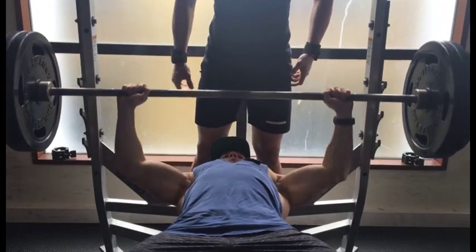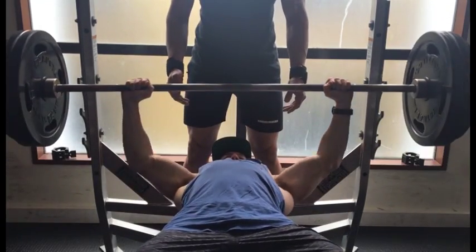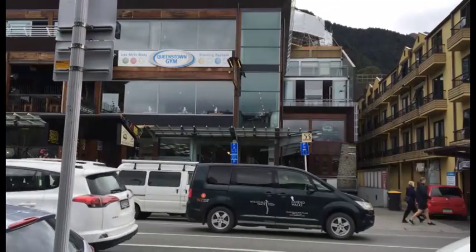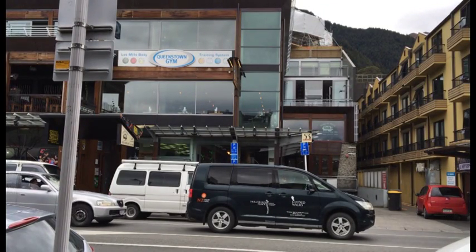In competition mode, the pair must stick to a twice daily training regime of weights and cardio exercise, as well as a strict diet. Yeah, you definitely miss the beers on prep, miss the burgers and the beers, but you've got to sacrifice to get to where you want to be. So both men will continue to train in a sport proving to be addictive. To take your physique to the next level,